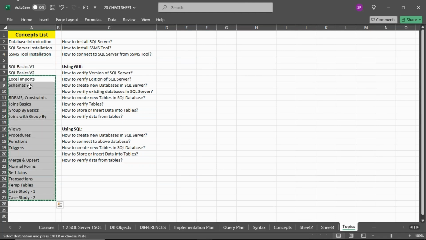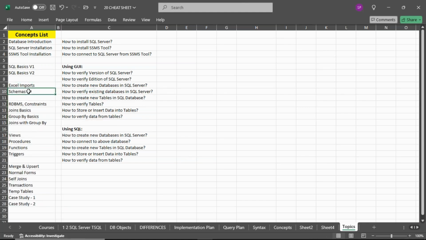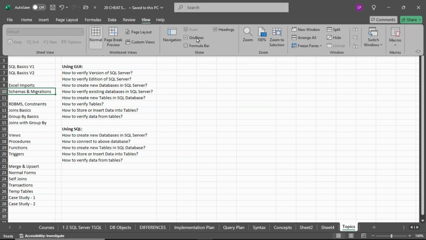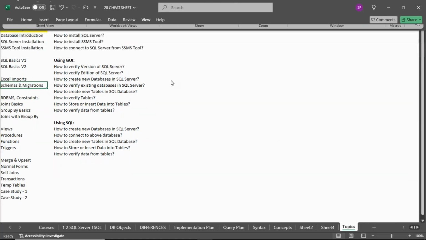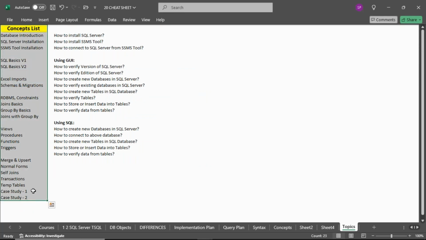Excel imports and schemas, right? Schemas and transfer. You remember the transfer keyword, migrating across schemas. Hope you remember. Perfect. Okay. Next. How to maximize this? Anyway, things are already there. Okay. And then we learned about